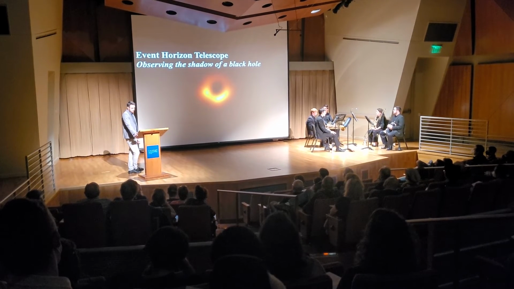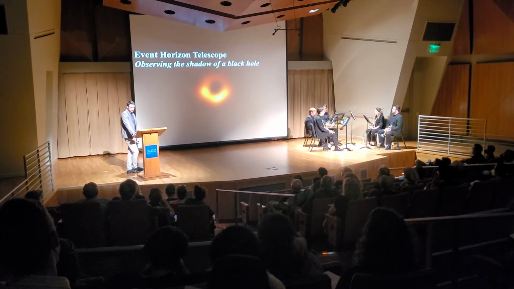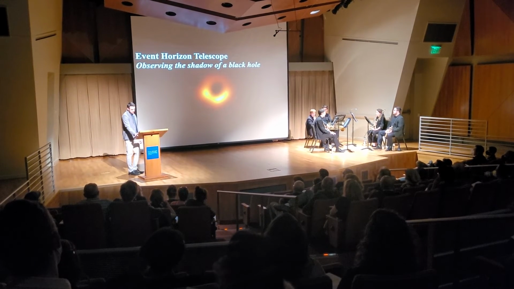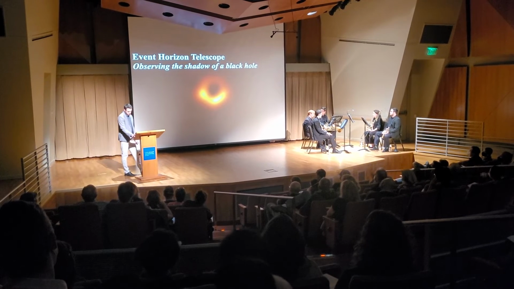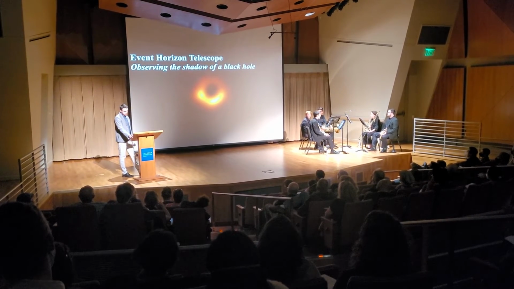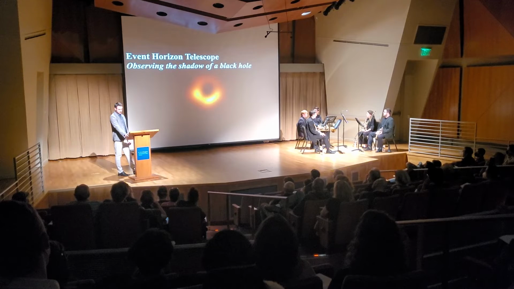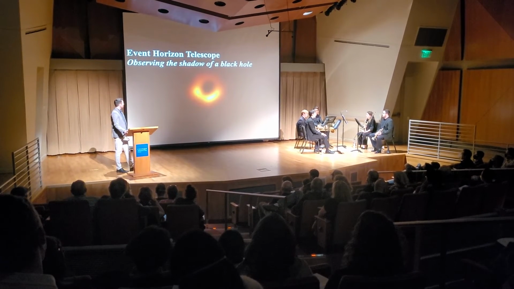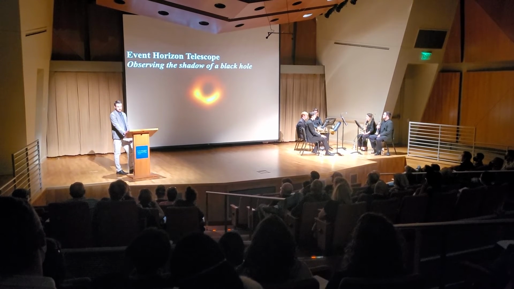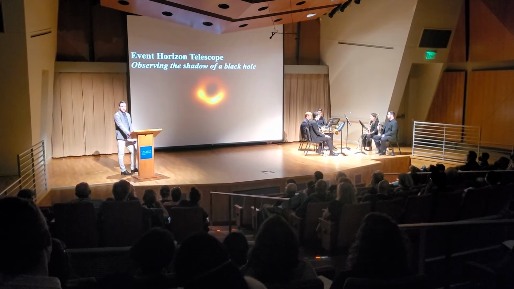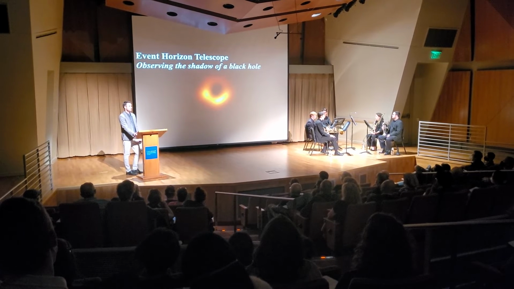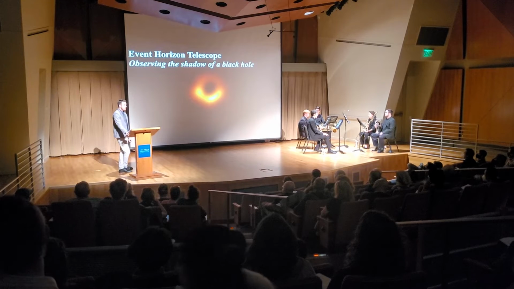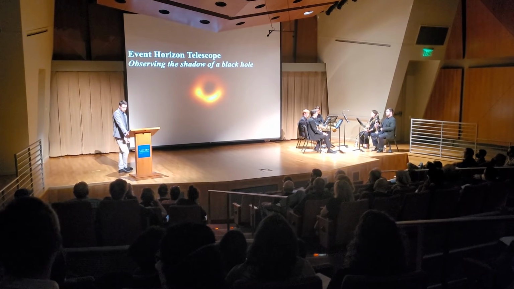So in 2019, the Event Horizon Telescope collaboration presented a second method for observing black holes. This team published this amazing image, which was taken of the bright flares surrounding the supermassive black hole at the center of the nearby galaxy M87. So imaging the black hole in this manner was an amazing technological achievement and marks the first time ever that astronomers have directly imaged the shadow of a black hole. So we can't see the black hole itself, but we can see its shadow against the surrounding light.